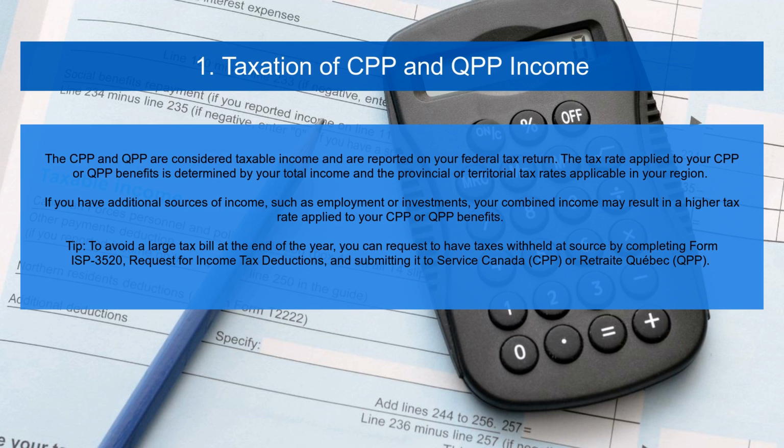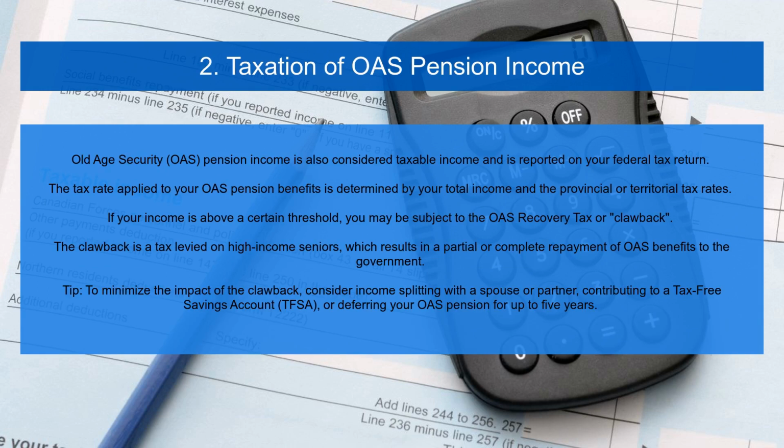Tip: to avoid a large tax bill at the end of the year, you can request to have taxes withheld at source by completing Form ISP 3520, Request for Income Tax Deductions, and submitting it to Service Canada, CPP, or Retraite Québec, QPP. Old Age Security, OAS, pension income is also considered taxable income and is reported on your federal